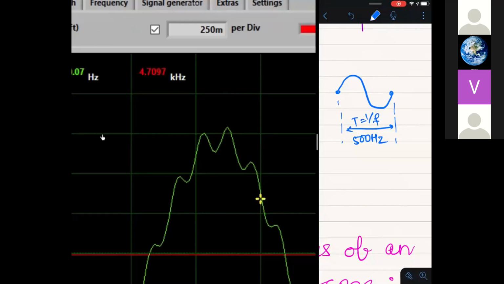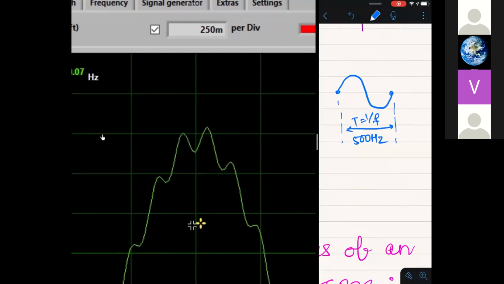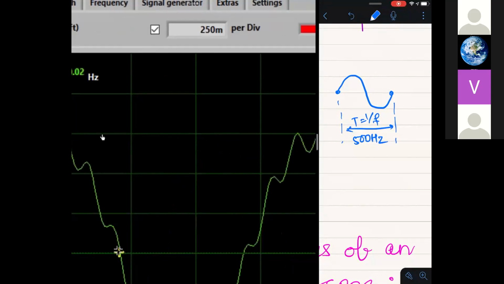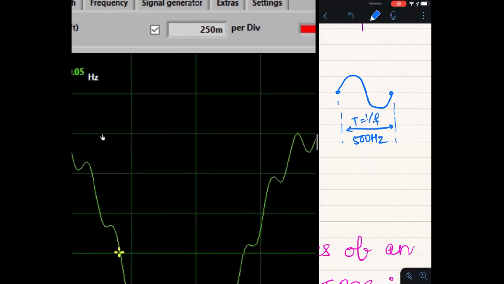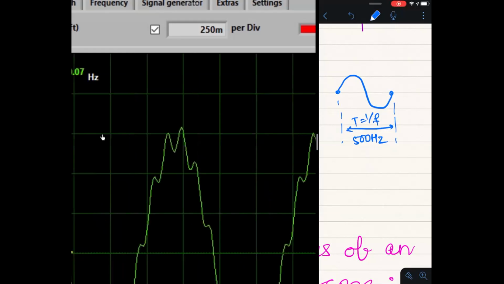We are generating the signal only on channel 1, and you can see here how the waveform looks. Basically this is a sine wave, but on top of it there are sine waves superimposed. Can you see this?